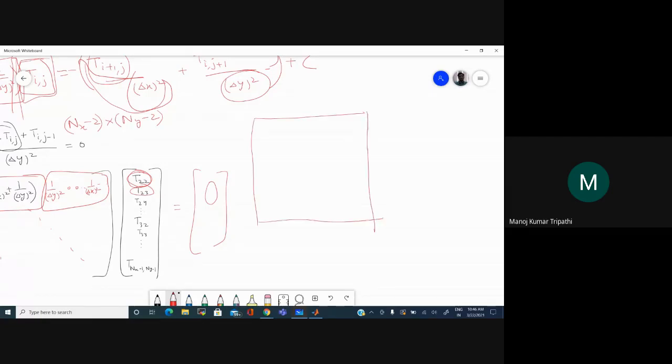That is not the complete problem statement. So what are the boundary conditions? And what is the domain size? So let's say x goes from 0 to 1, y also goes from 0 to 1. This point is 1 comma 1, 0 comma 0.